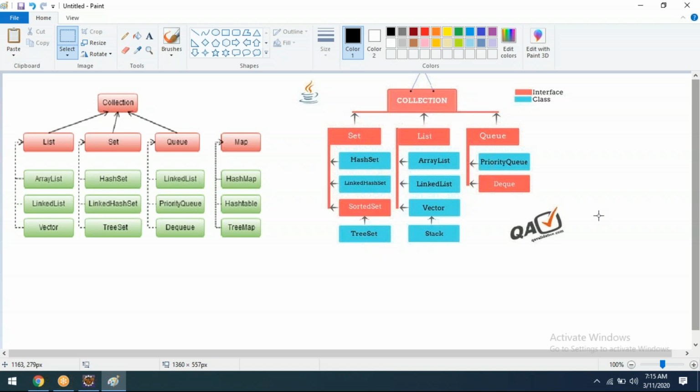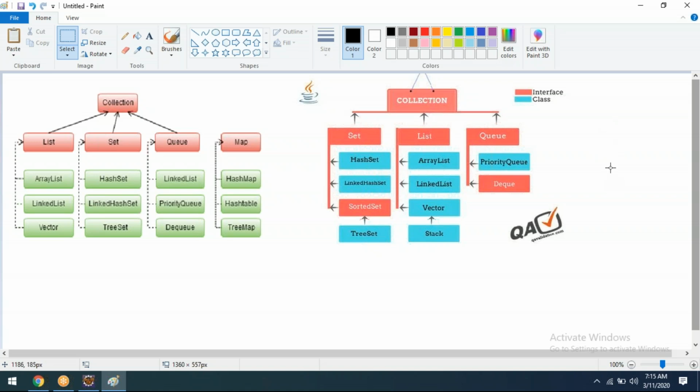Now, these are the two things here. While writing any example in an interview or elsewhere, it's better to go for the left one, the first one.